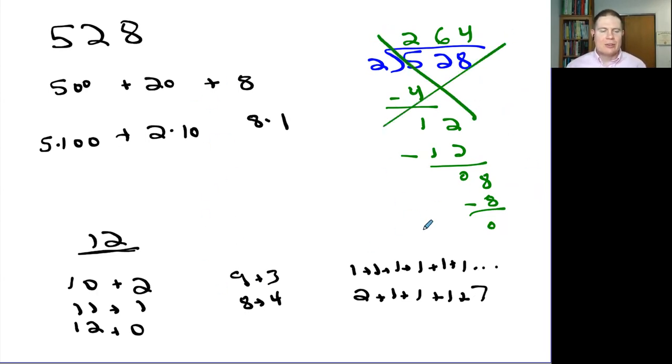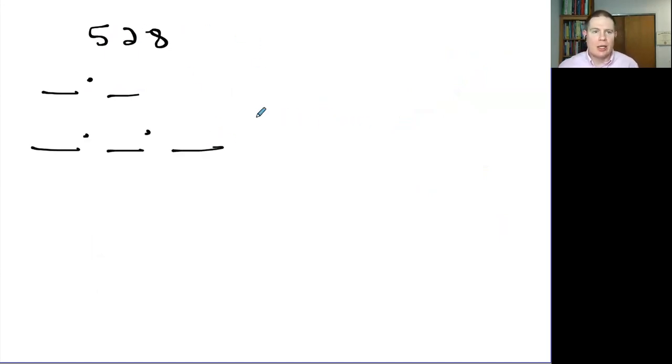So sums as a type of way of expressing a number are pretty boring. What is not boring is products. So if I start over with 528, I can ask myself, well, what could I multiply to get that number? Or maybe there are several things I could multiply together and get 528. It's not nearly as obvious as the sum. It's also a much smaller